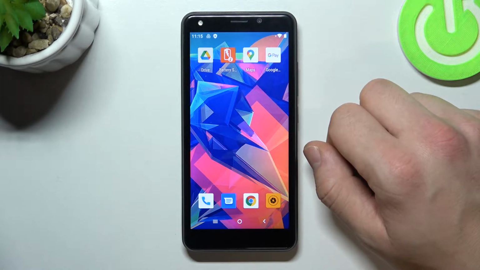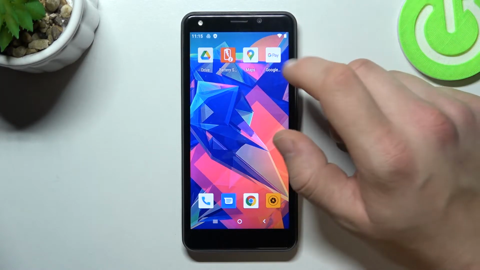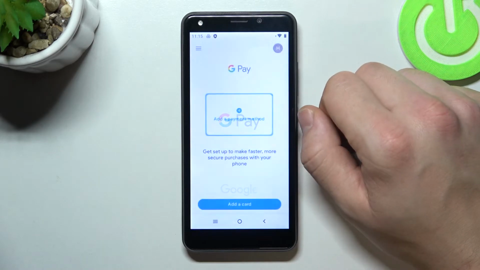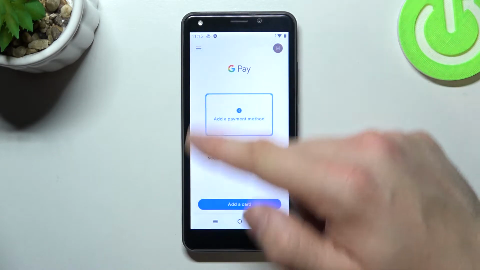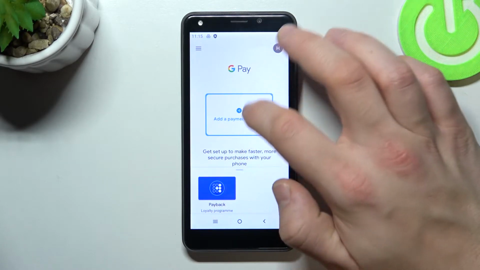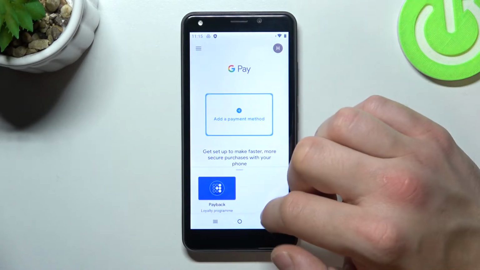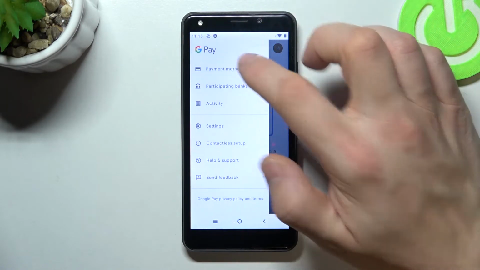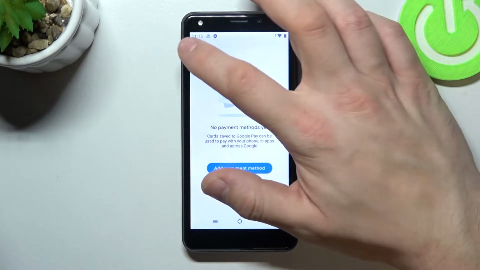In this video I'll show you how to manage Google Pay app. In the beginning, let's enter Google Pay. And as you can see, this is the homepage of this app. From here you can add payment method and add different types of cards. If you tap here, you got access to all your payment methods,